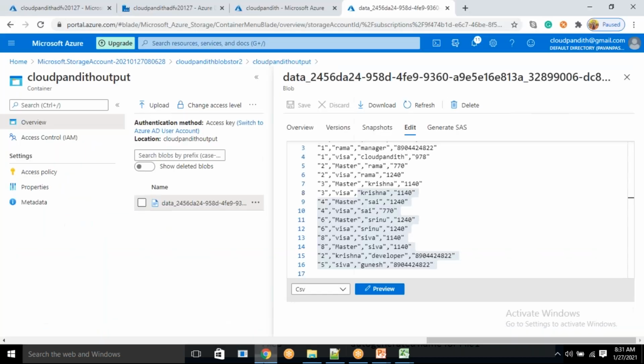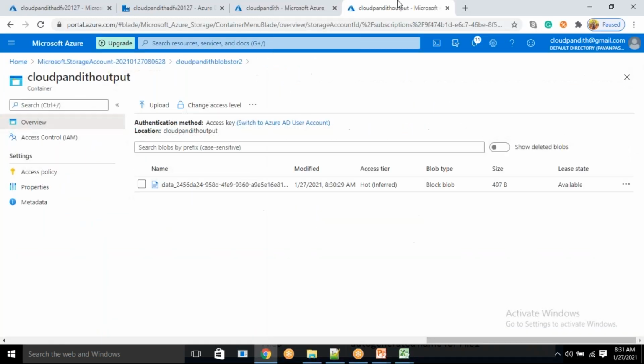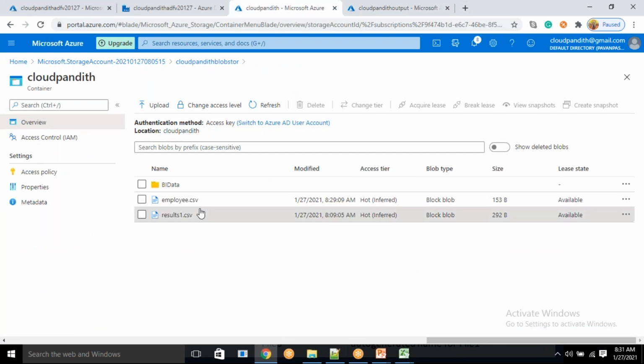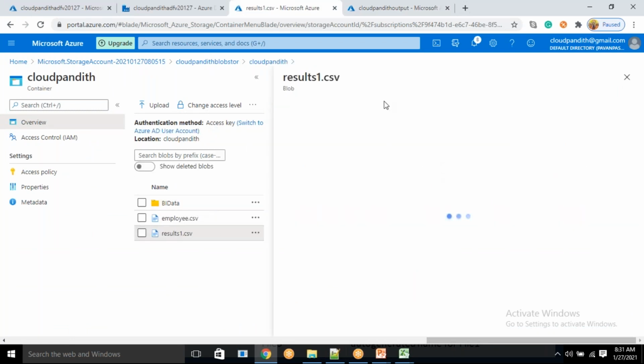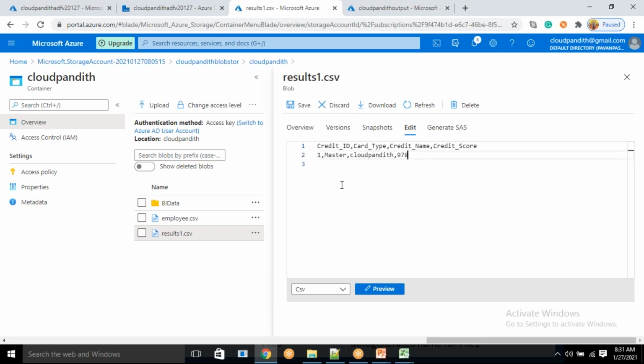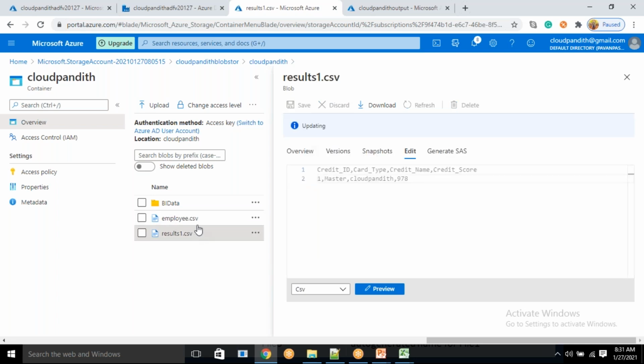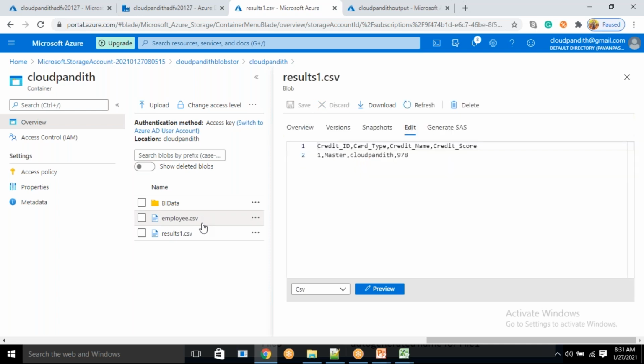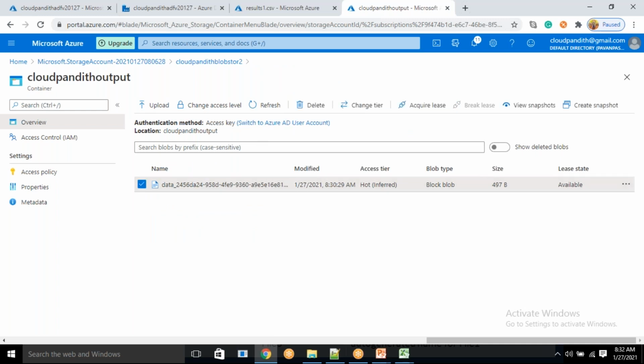Okay, fine. Now, one thing I wanted to do, let's test it. Whatever I said, is it really true or not? How will you come to know? In results1.csv, I'll keep only one record. And in my employee.csv, I have 3 records. Now the employee file is having more records. Now will it create a new file with the employee schema or not? We will see. Let's delete this.